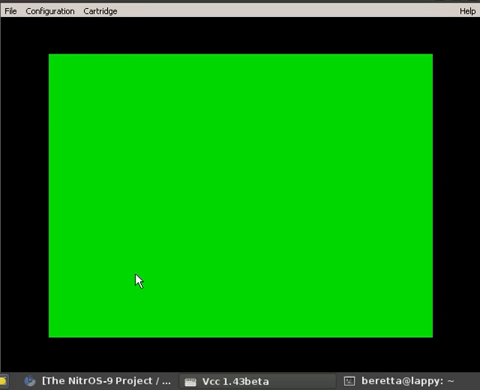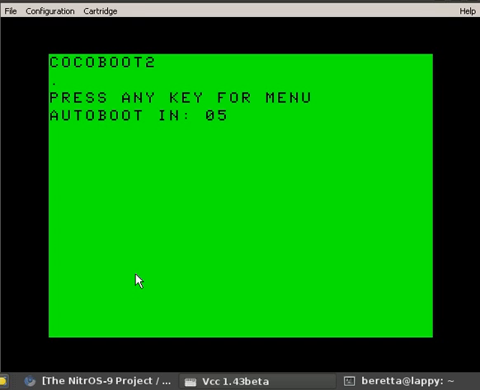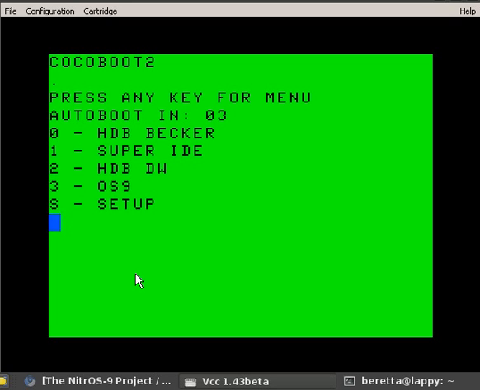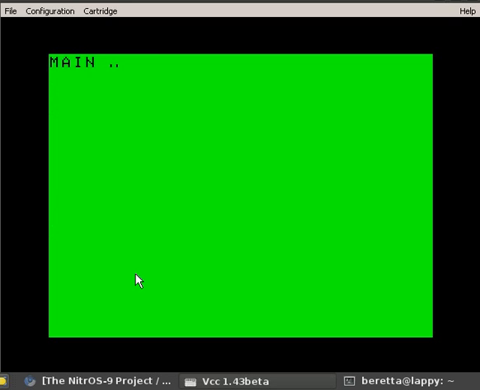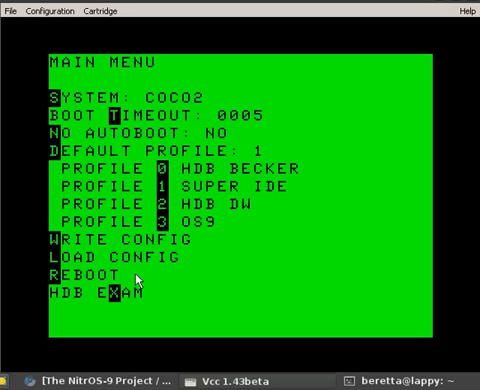And if you boot into it, it'll go right back into CoCoBoot2. And we're going to break out of that and go to the setup. Oh, we're using the CoCoBoot now. We're not using the drive wire anymore. That's right. We're actually on hard drive now. We're on slow drive wire, I should say. Anyway,